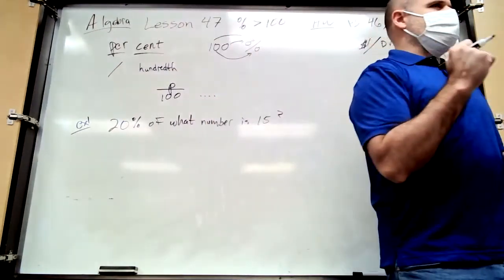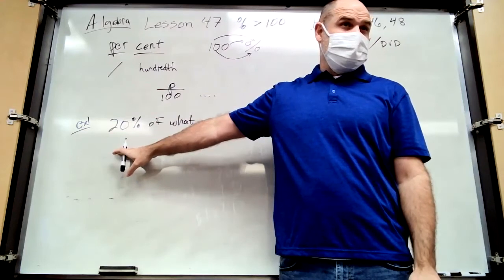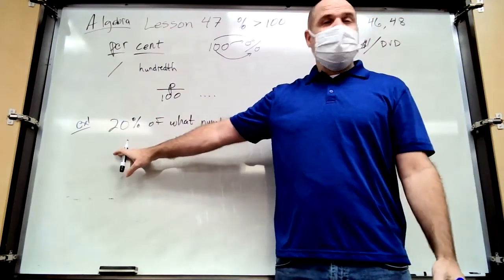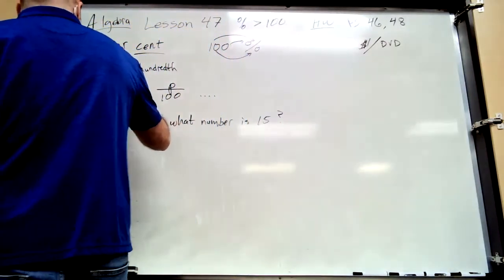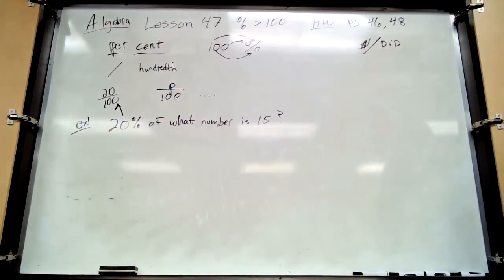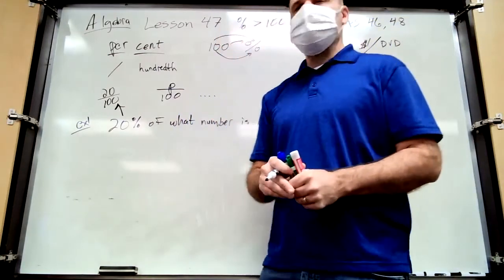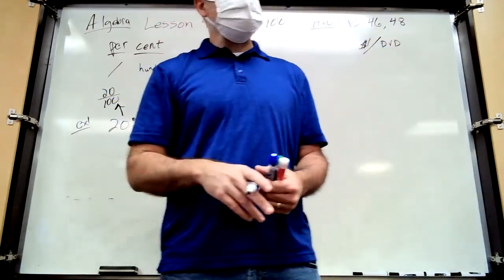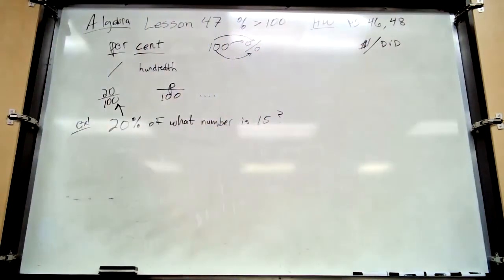Just translate this. How do you say 20% in math? 20 hundredths. You could say 20 over 100, 20%. Or what's another way to convert a percent? You could simplify it to 2/10. Yep, we're going to do a decimal